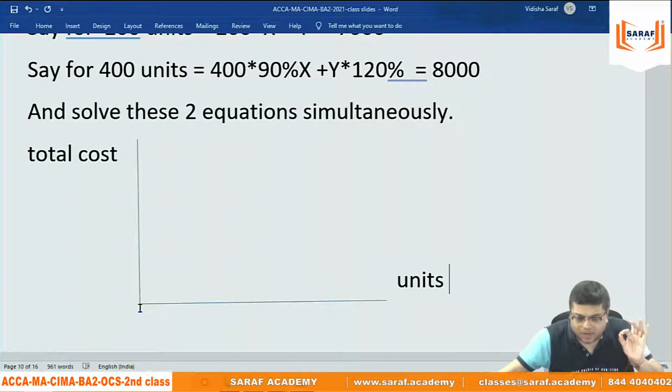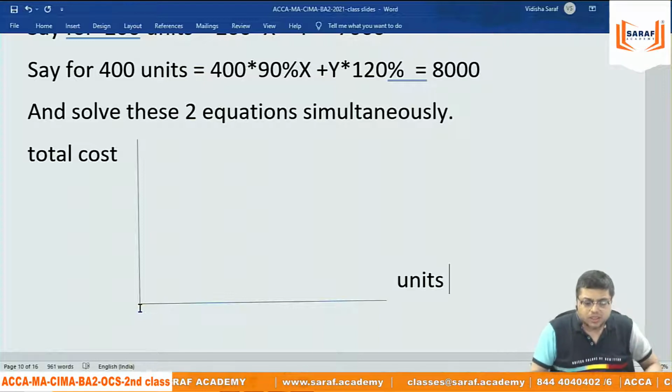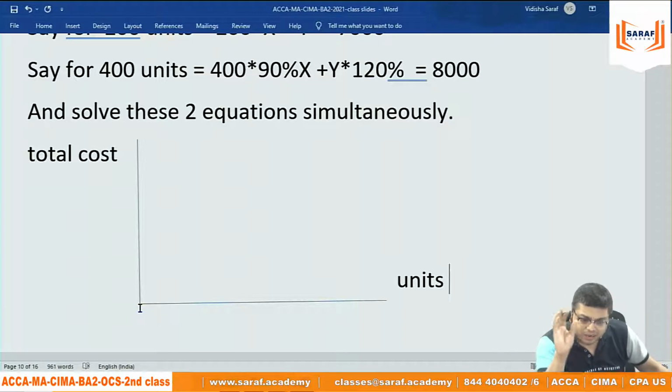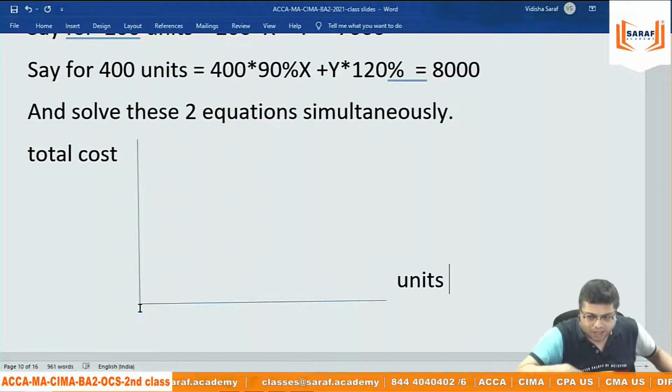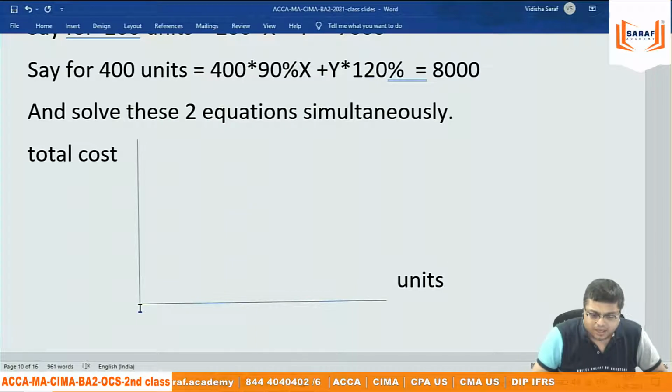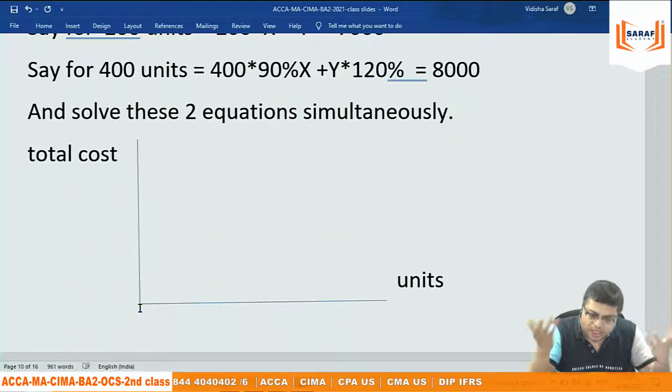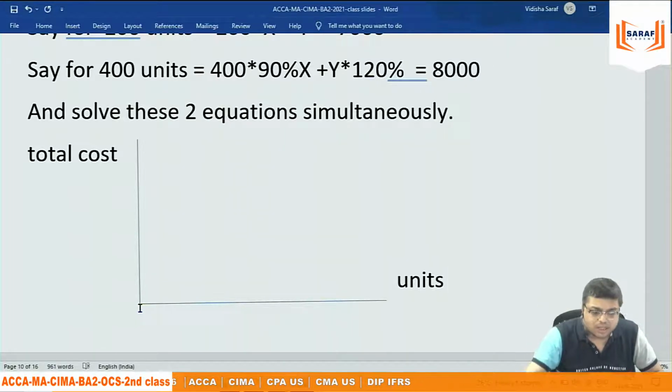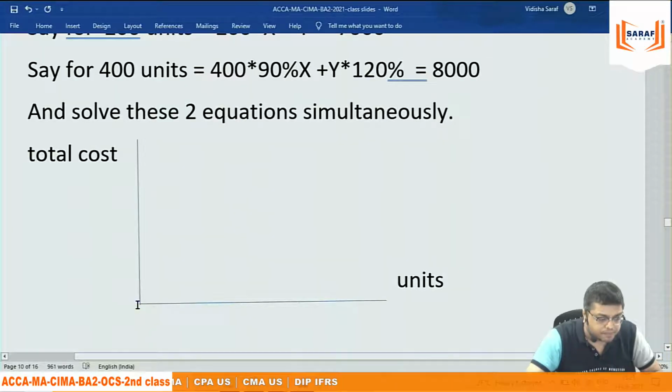If the per unit variable cost is 20, and the production is 0, the variable cost will be 0. In Saraf Academy, the per student variable cost is 10,000. So if 1 student, 10,000; 0 students, 0; 2 students, 20,000; 3 students, 30,000. On the x-axis, I take 5 units, 10 units, 20 units, 30 units, 100 units,